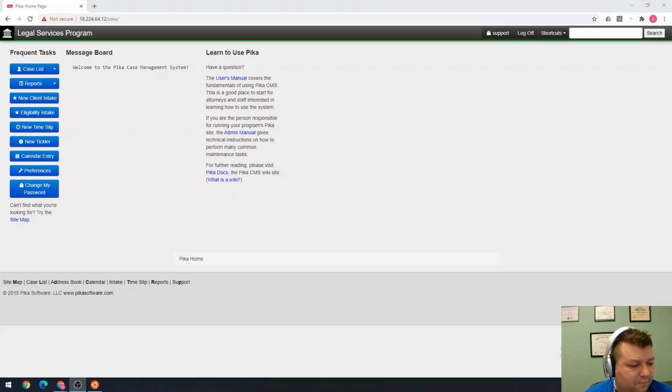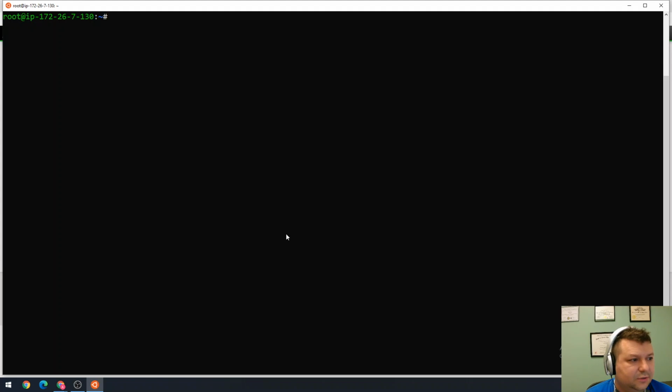So, the first thing you're going to want to do is go to the command line on your server and become root. I recommend using Pika Toolkit for adding fields to the database. Otherwise,